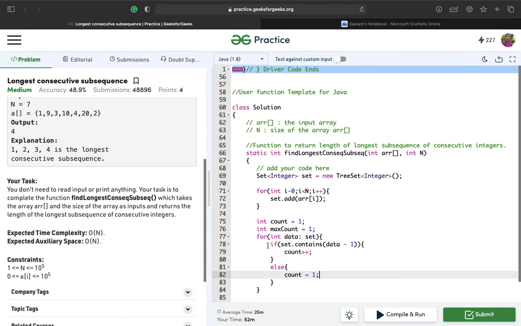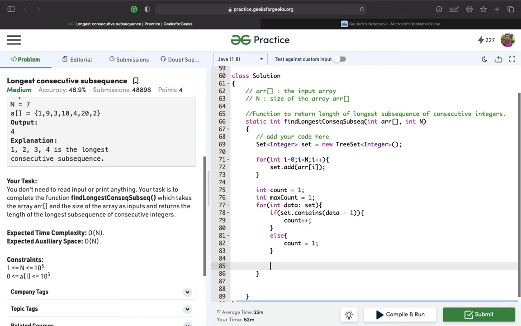So what we have done till now is check for the element. If a predecessor exists, we'll increment the count. If not, we'll initialize it with 1 again, because there is no subsequence till now, since the set is sorted. And we need to maintain the max count as well to hold the value of the largest subsequence.